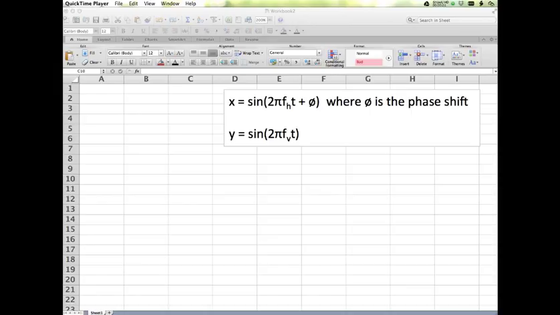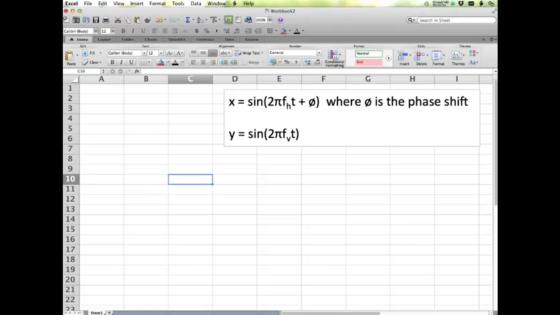equation. The X value, or the Y value, it wouldn't really matter which one you use, but the X value is the sine of 2 pi times the horizontal frequency times a time interval, and then you add on the phase shift angle. Y will be sine of 2 pi times the other frequency times the same time interval. So this is actually a really easy program for as cool as it looks,